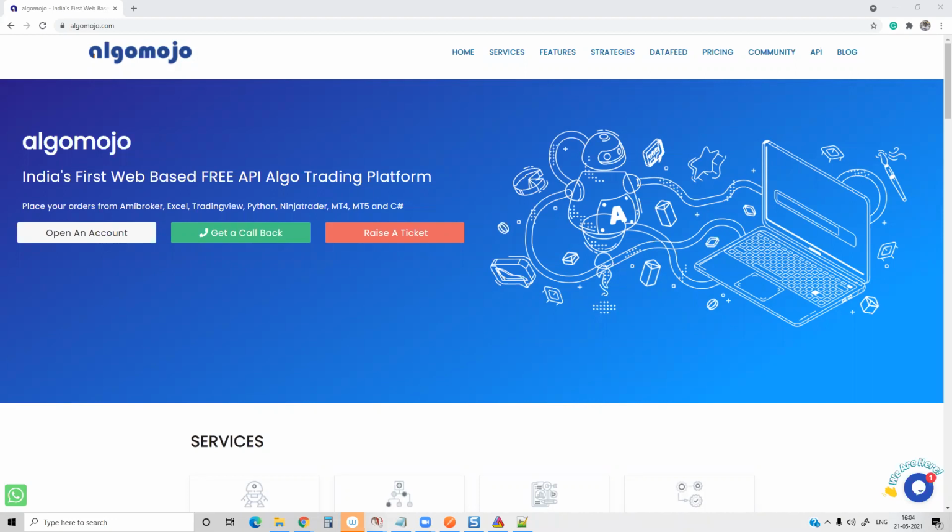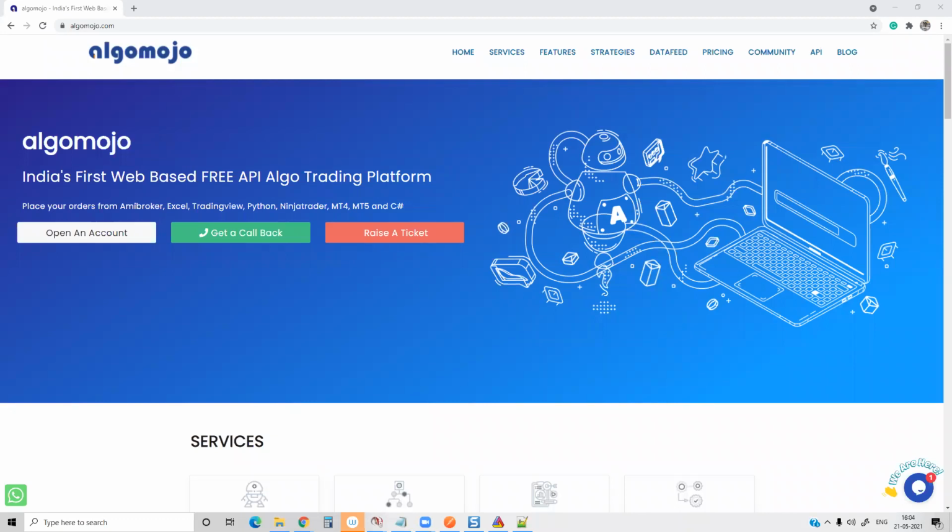In today's session, we're going to look into the very basics of how to automate a TradingView platform, especially if you are a TradingView user. How you can connect with Algo Mojo and how you can automate it. That is what we are going to learn in this particular session. So we're going to take a particular broker and then we're going to go and automate the trading solution here.